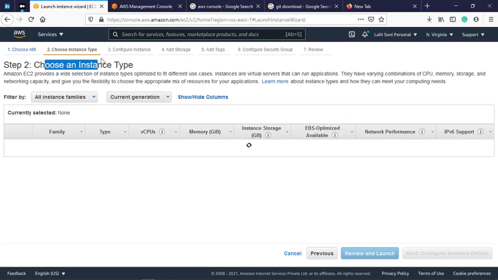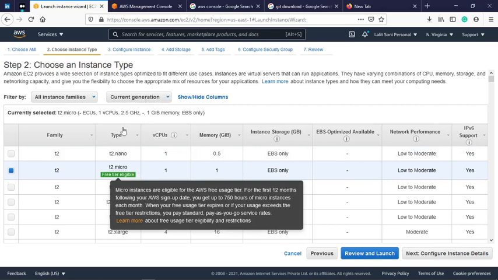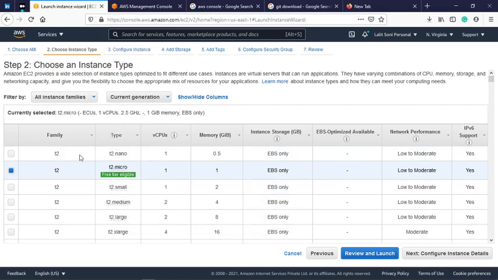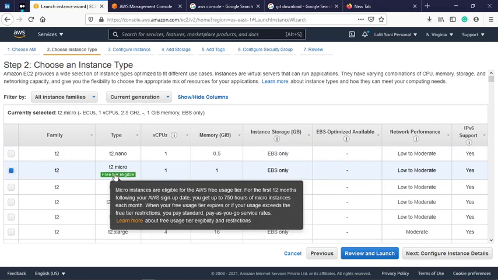Now, choose an instance type, which means we have to configure what level of CPU we require. There are lots of CPU, RAM and storage options we can configure using this second step, choose instance type. Right now we will just select T2 micro because it is eligible for free tier.